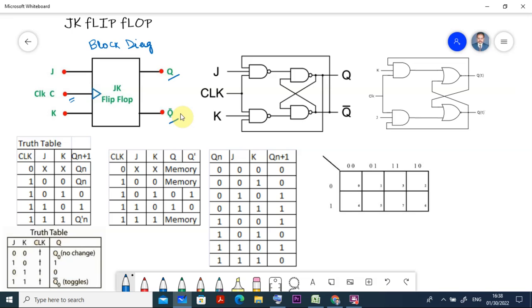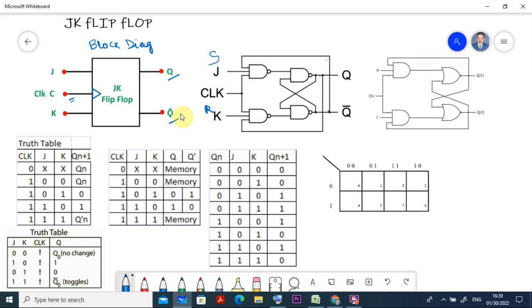Then the logic circuit diagram: I am using 4 NAND gates, 1, 2, 3 and 4. This is the latch, as you know. Previously, instead of JK it was S and R, because with all NAND gates it is SR. But here, what is the improvement? The output inverse of Q goes from this point up to this point and is connected here.